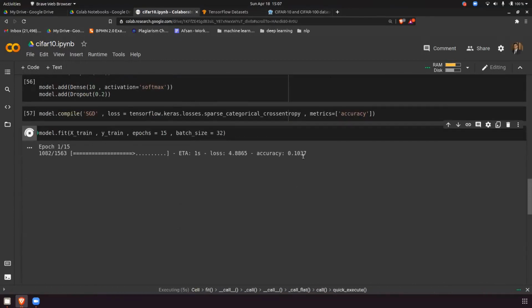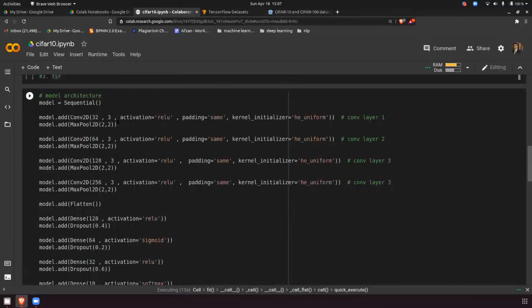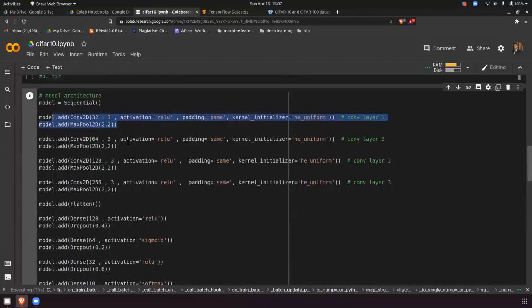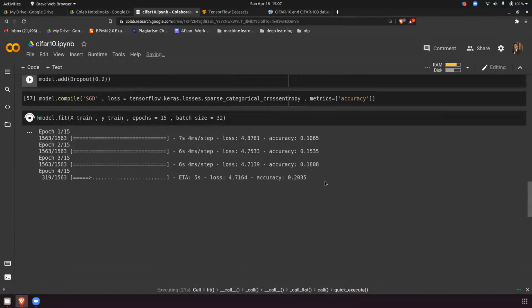See, now the training works. Did you understand the logic, what calculation you have to take care of? You can't just keep on increasing the convolution layers. You have to check the calculation also, that the image size is maintained or not. Okay, now I think this will run. Just check.